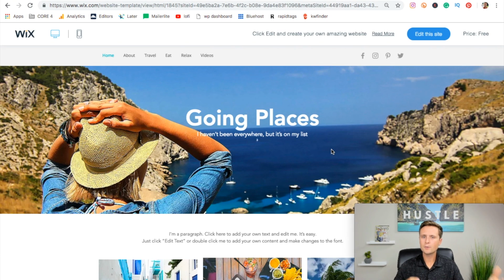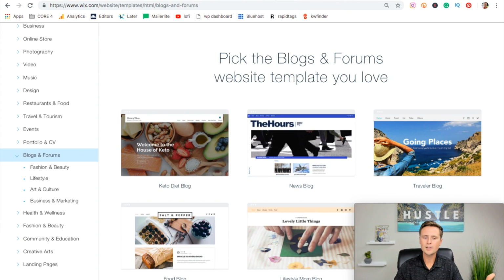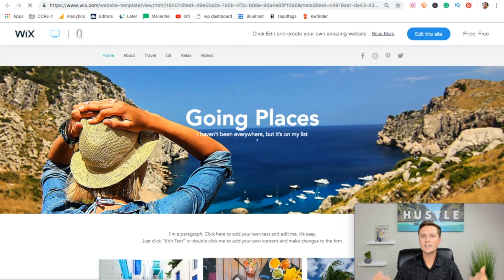And again, if you want to choose a different template, feel free, but this is the one that I highly recommend, and this is the one I'm going to use for this video. So if you decide that you're viewing a template and you don't want to use that one, you can just X out of that tab, and it brings you right back to exactly where we were. So if we are viewing it, and we decide that this is the one that we want to go with, all we have to do is hit edit this site right in the top corner, and that's what we're going